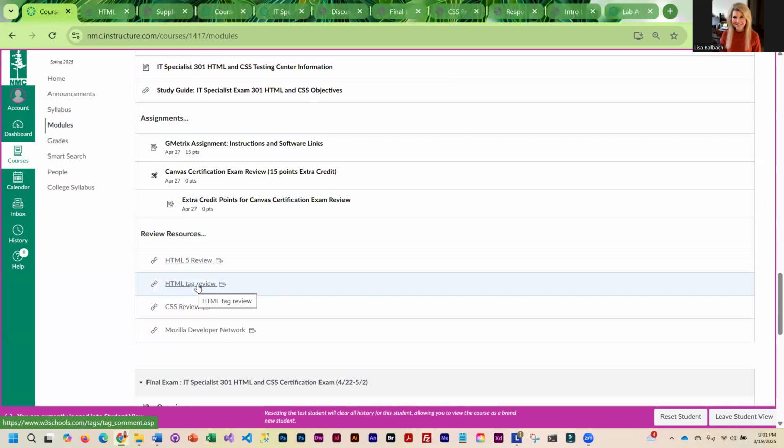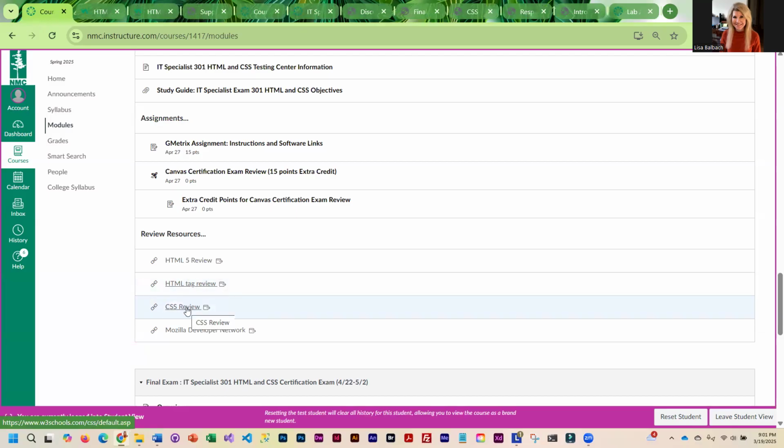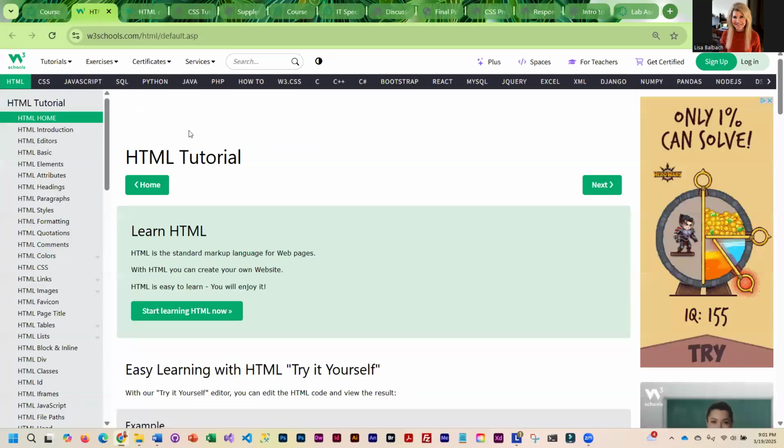I have a site where you can simply look up tags. So if you weren't sure of what the track tag did, you can look it up. I've got the same thing for CSS. If they have a CSS property listed and you aren't sure of what it does, look it up, okay? So those resources, if you come here, this is the